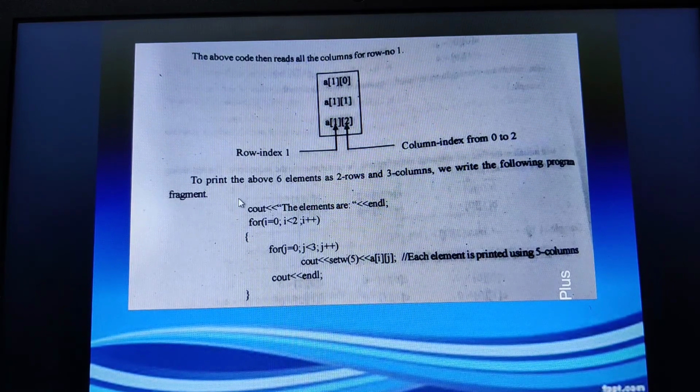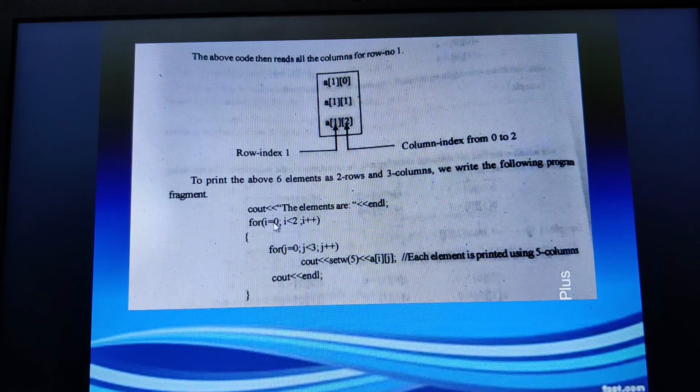Now look at this one. To print the above 6 elements, because what is the array? Int a of 2, 3. To print the above 6 elements, 2 rows and 3 columns, we write the following program fragment. See, enter the elements. Rows, how many do we have? 2. This is to control the rows. Columns, how many do we have? 3.